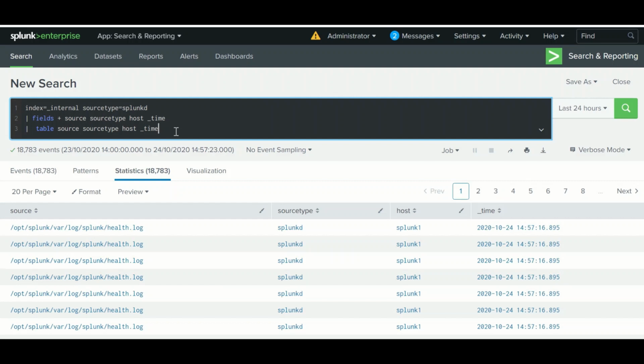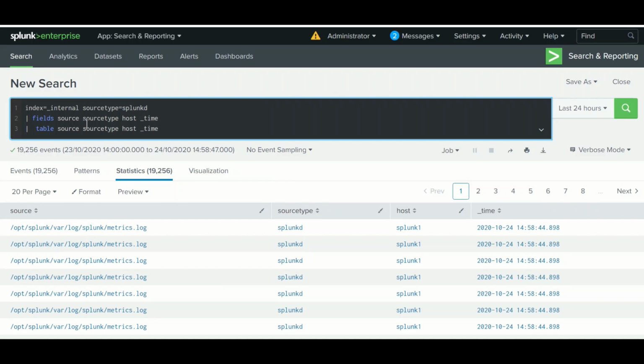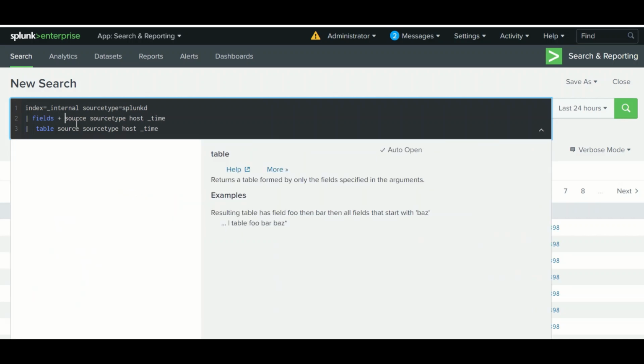There are two things in fields, through the plus operator. By default it's inclusion only, so you can use plus and it will apply to all of the fields. If you want to remove a field, you use the negative sign.